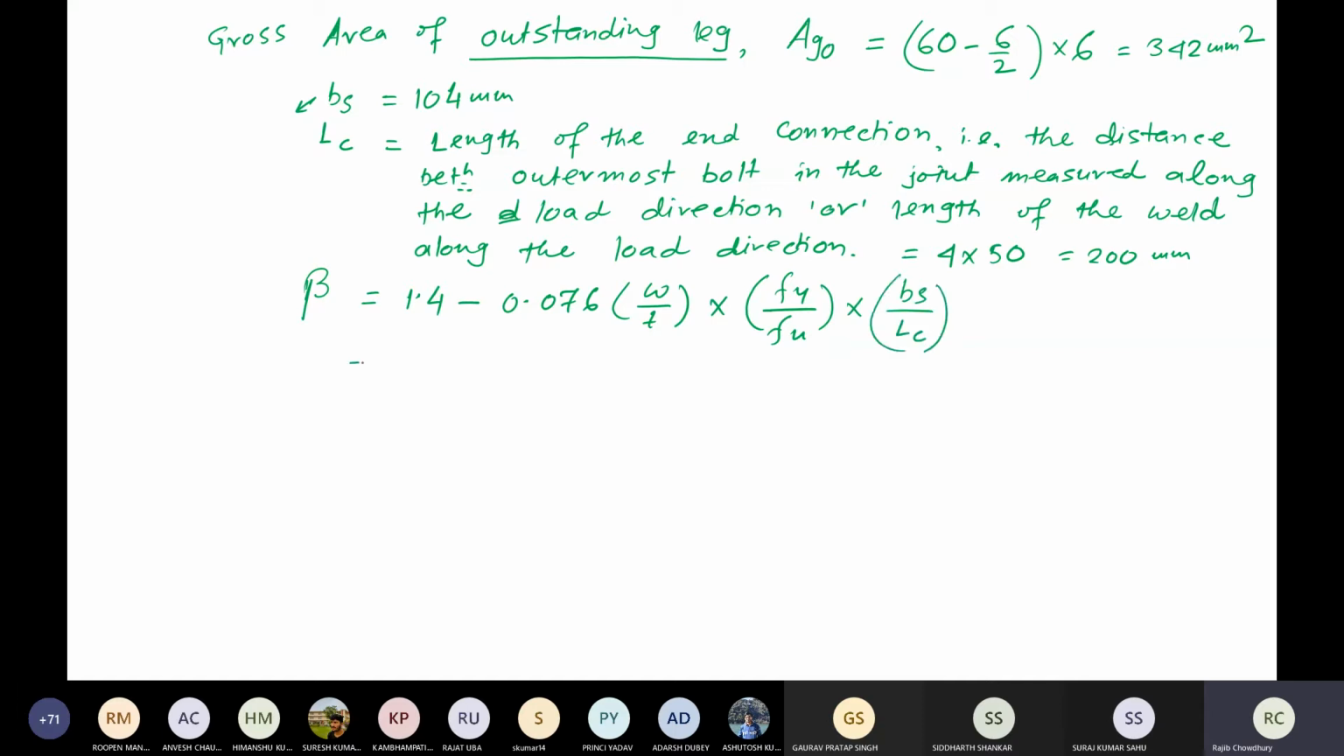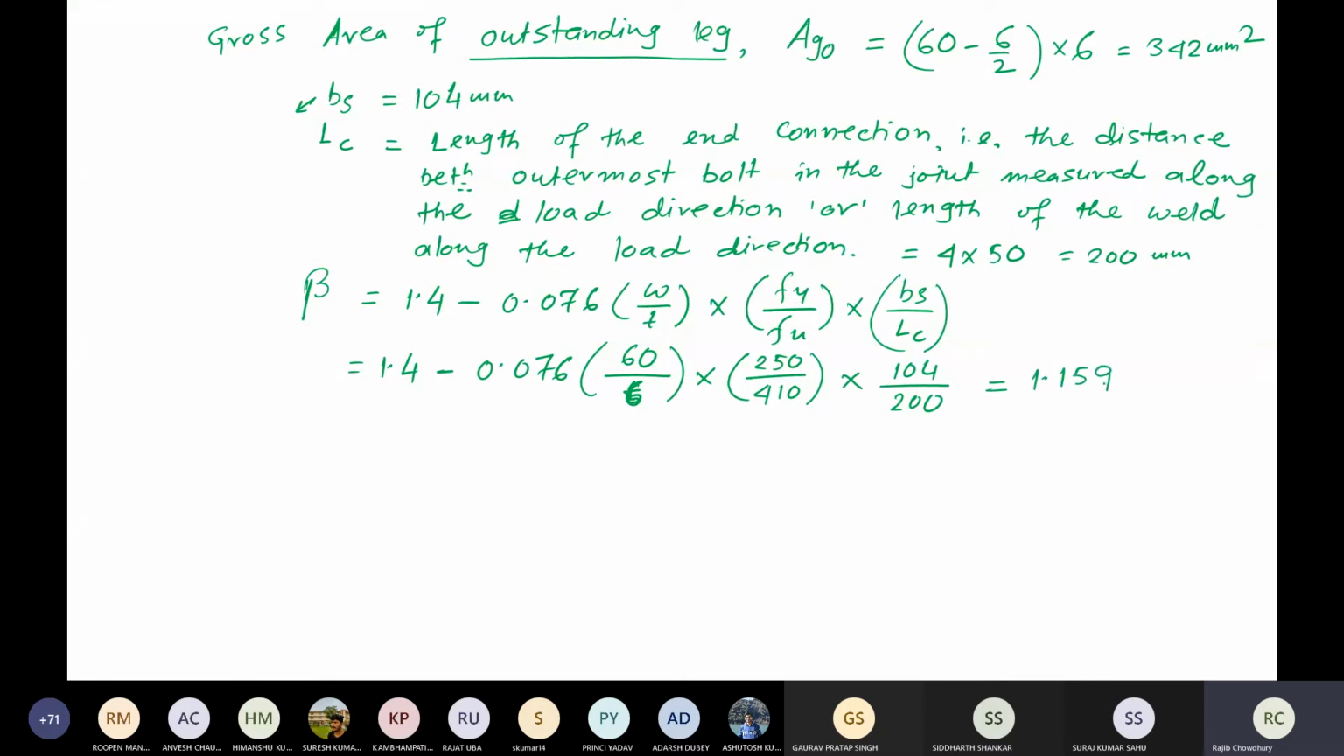Okay, now go step by step. 1.4 minus 0.076. What is your W? W is your 60, the outstanding flange or the unconnected leg, 60 by T. What is your T? T is your 6. Sorry, T is your 6, multiplied by Fy by Fu, 250 divided by 410, multiplied by BS 104 divided by 200. Okay, so this becomes